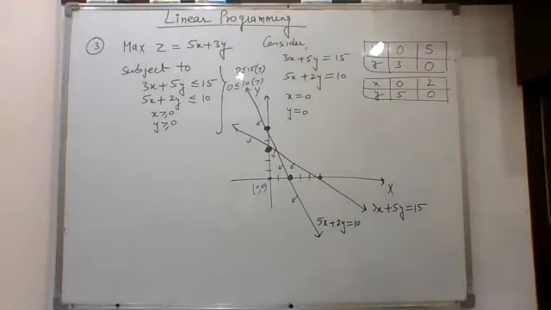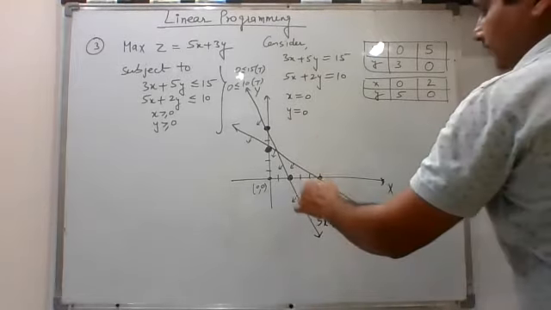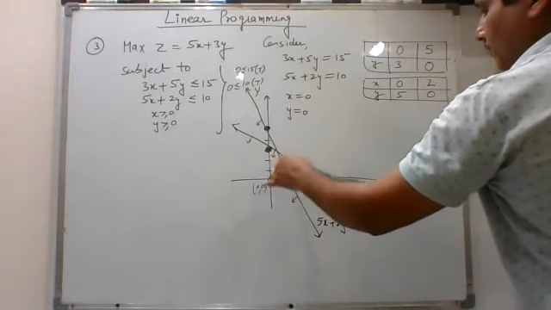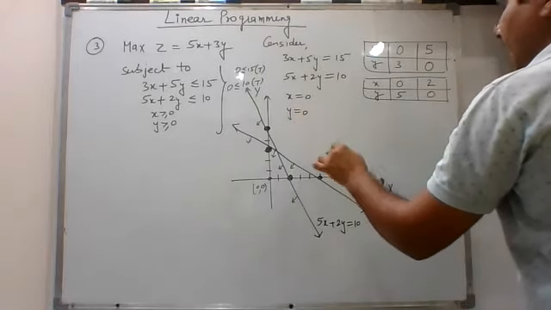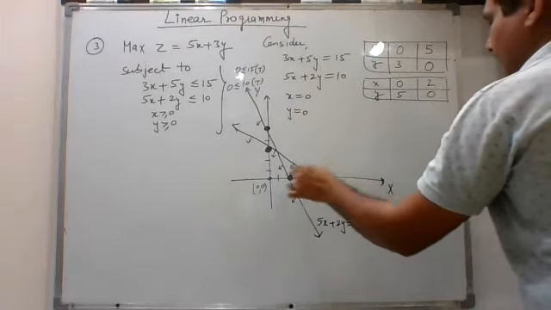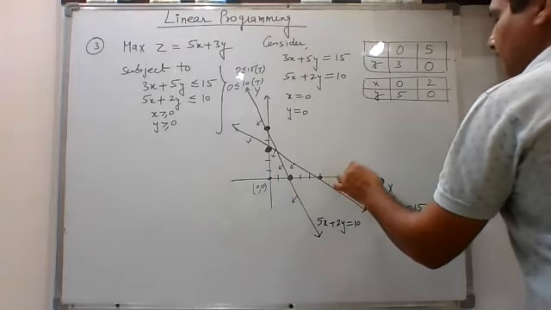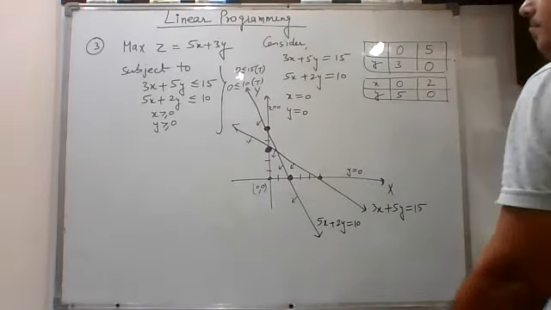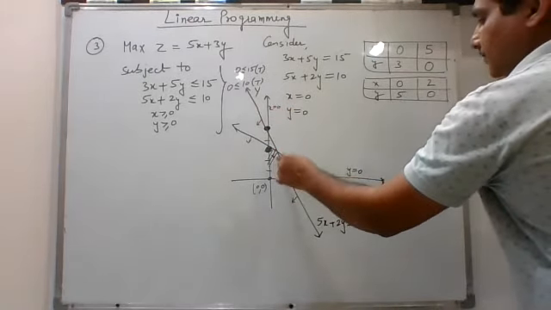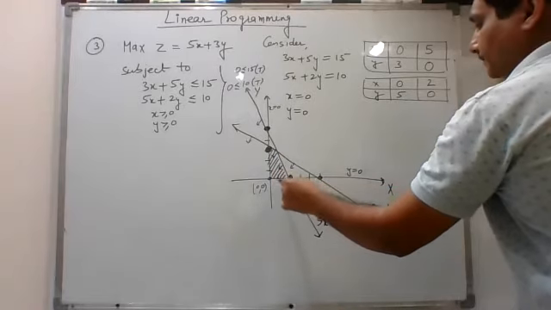We have just seen that for both the lines, when you put x equal to 0, y equal to 0 in the original inequality, they are true. True means we have to move towards the origin. When we are moving towards the origin, you have to see the common area for both of these lines. Obviously, x is greater than or equal to 0 and y is greater than or equal to 0 is also given. So you have to restrict yourself only to the first quadrant. This is your y axis and this is your x axis. Now, when you draw the common region, this is what you will get as the answer.